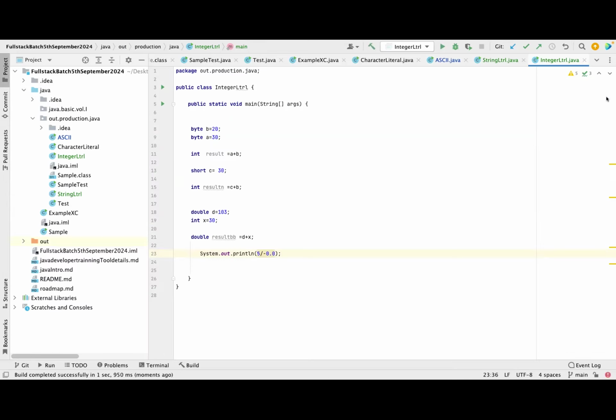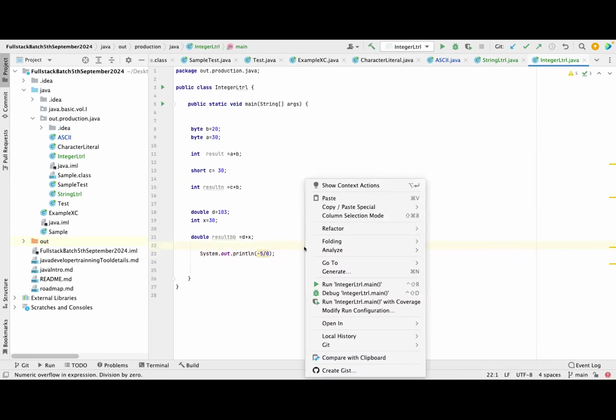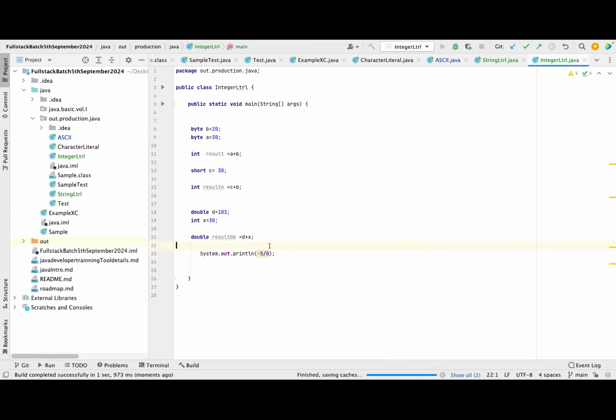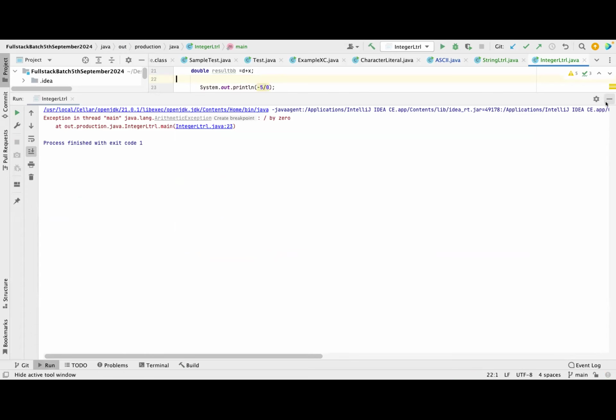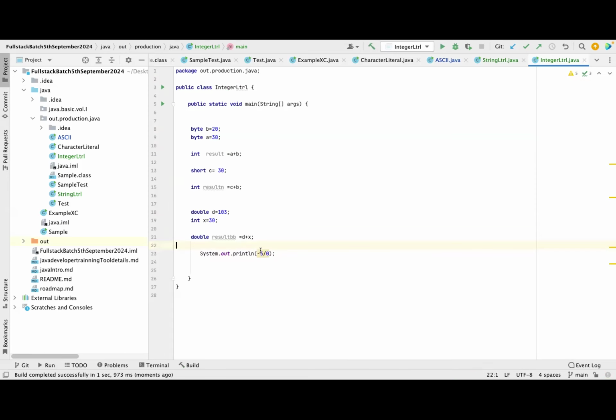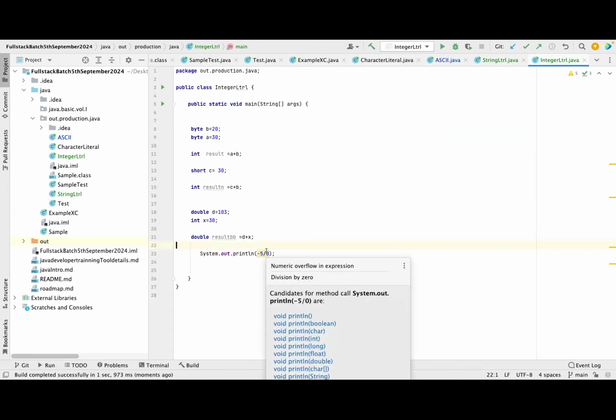Let me use -5 here, and then divide that -5 by 0. Here you will get an issue. The reason why you are getting the issue is because when you define this as int, the int range is